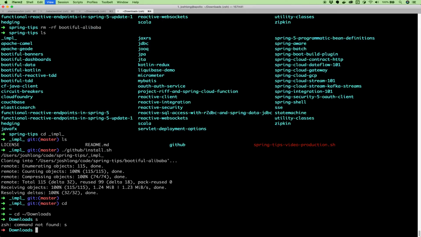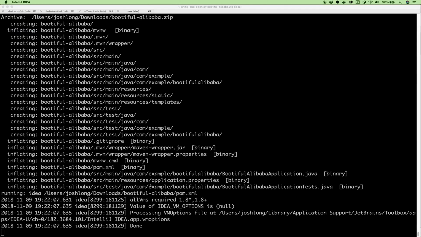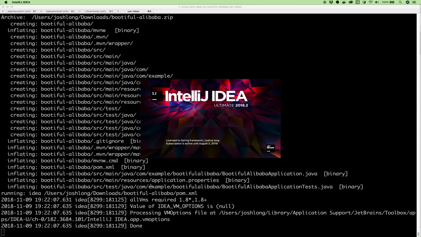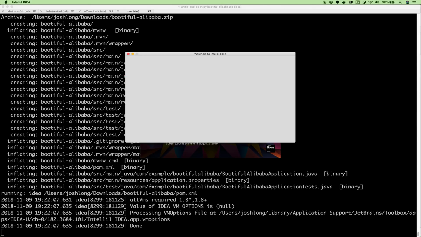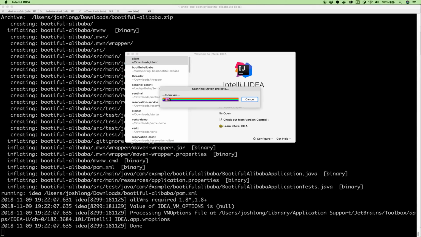In my downloads directory, you see I've got this file. I'll open that up in my IDE. The first thing that we're going to do is add the dependencies that we need to be able to work with Spring Cloud Alibaba. We'll just get that out of the way right now. Normally, this would have been done by the time I launched my IDE because we would have had checkboxes. But again, those just aren't there quite yet.